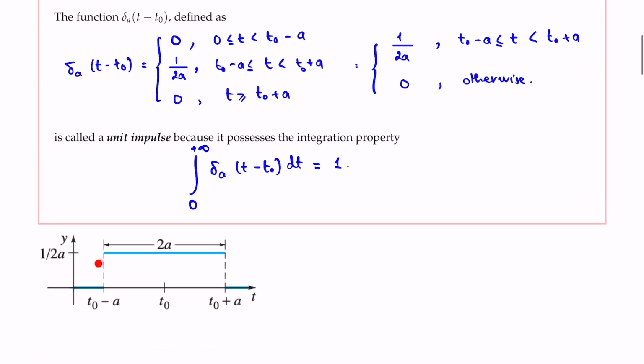So the graph for this is the graph of a delta function. Right? Why is the reason 1 over 2a? This is convenient for us so that when you find the area under the curve, even though there's no curve here, it's just the horizontal line. So the area of this rectangle right here,